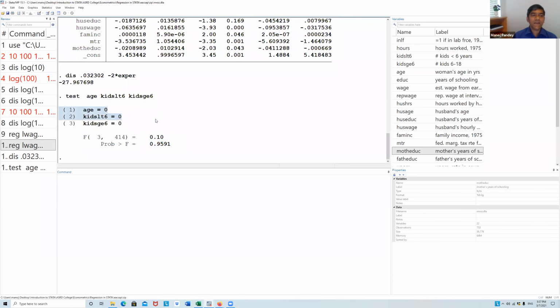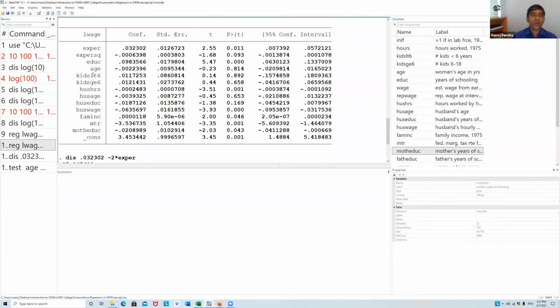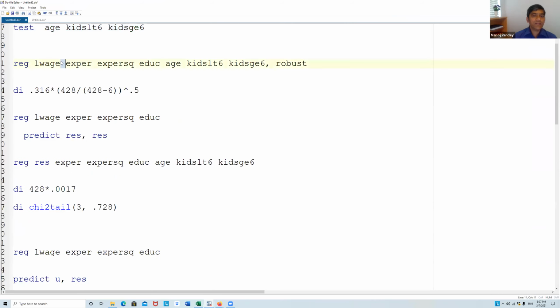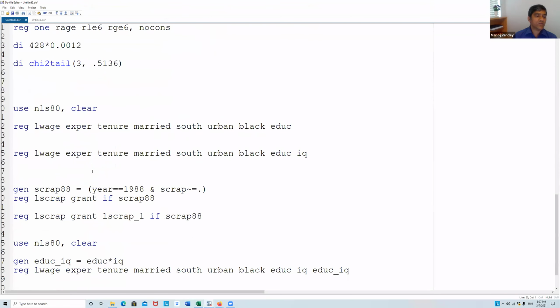It means that they are jointly equal to 0. So now, if you think it appropriate to remove these, you can remove them. Okay. Then what Uldis did next is again he made it a robust regression and then predict and so on.